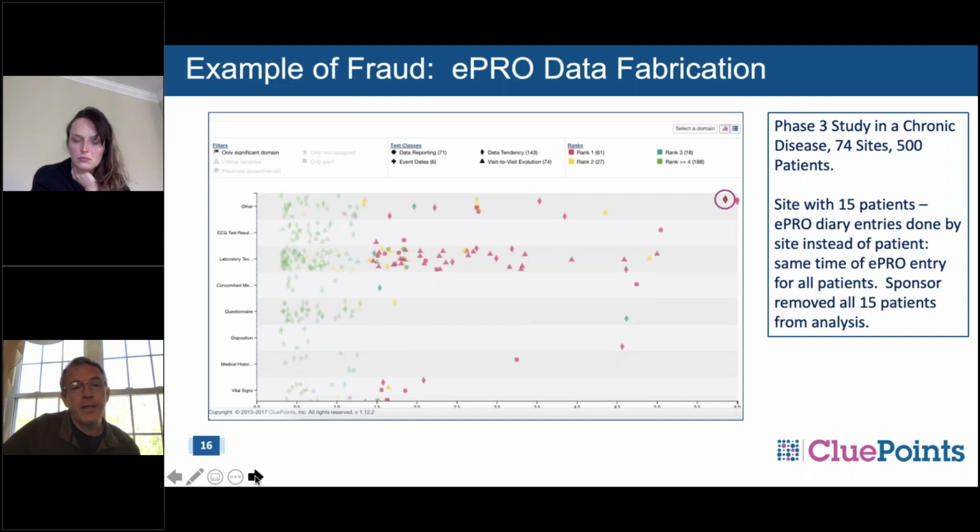It was a key finding on this study, and it had to do with ePRO diary data. The patients were all entering daily entries, and for one site with 15 patients, one of the tests was on time of day for the diary entries, and it was very, very statistically unusual. We were seeing over 70% of the daily entries in the same hour of the day. In fact, at the end of the business day, in the 6 p.m. hour. And if you click Marthe, what we found is